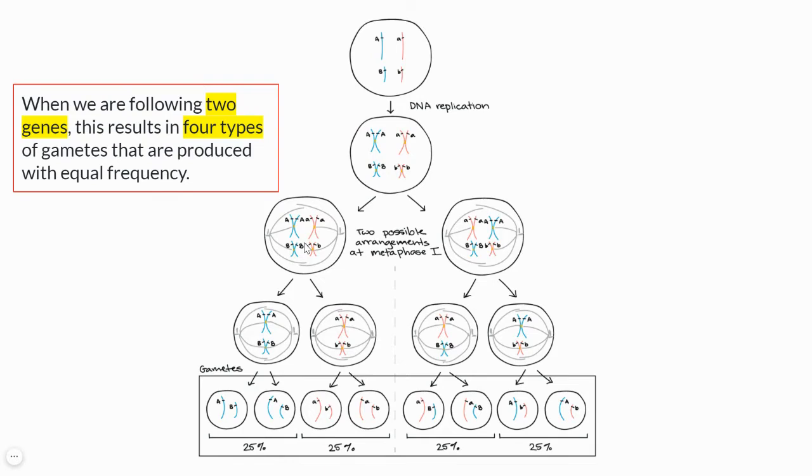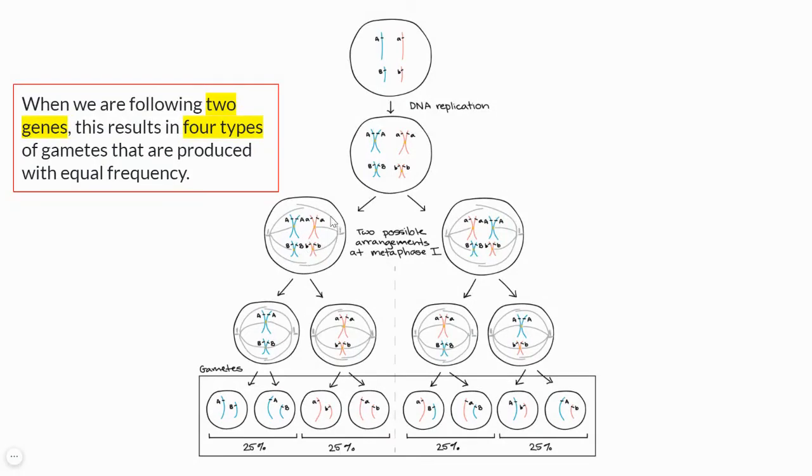Now let's look at two genes. So we saw the previous diagram where gene A is duplicating before meiosis. Let's say that there are two chromosomes that we are studying about this organism, and our genes of concern, gene A and gene B, are located on two separate chromosomes. Now, before starting meiosis, this organism having these two chromosomes will first undergo DNA replication. This is how DNA replication will look like. Now, there are two possibilities that after meiosis 1, the daughter cells may look like this, or the chromosomes will arrange like this in the daughter cells. Either this daughter cell will arrange like this,